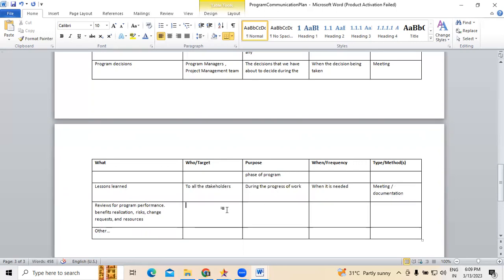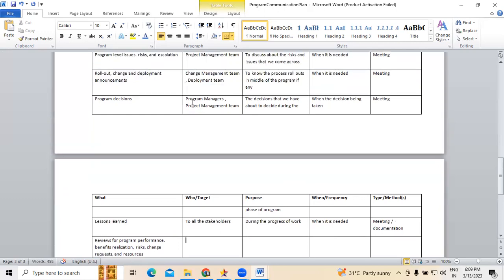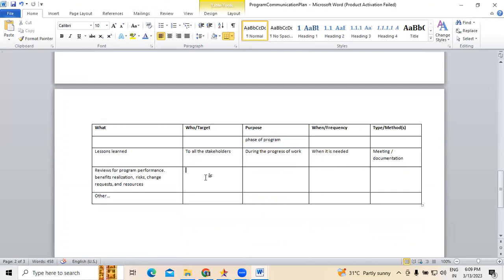Next, reviews about the program performance, benefit realization, risk, change request, and resources. This you are discussing with the program managers as well as the project management team.